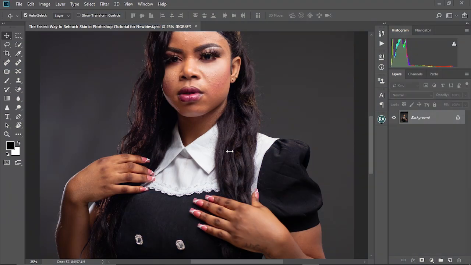Now, retouching can be really annoying and hectic when you don't really understand or know exactly what you're doing. In today's video, I'm going to show you the easiest way to retouch skin in Photoshop. This tutorial will really be of great help to all beginners or anyone who wants to learn how to retouch